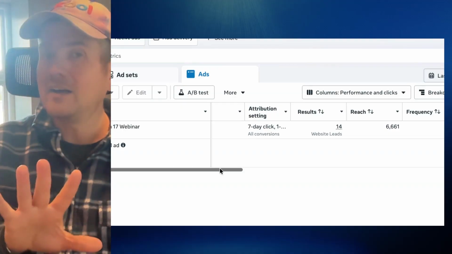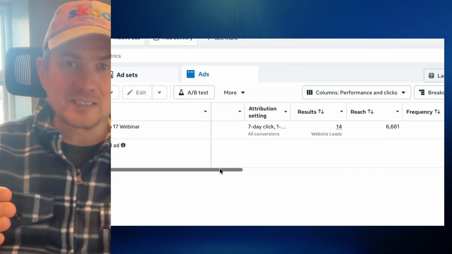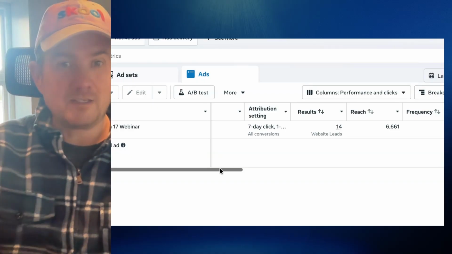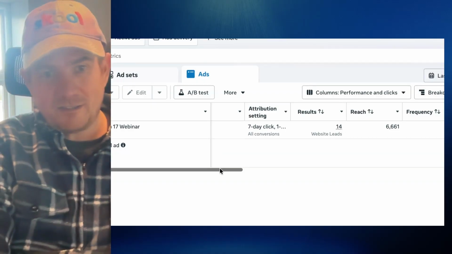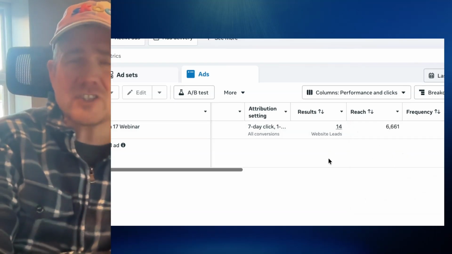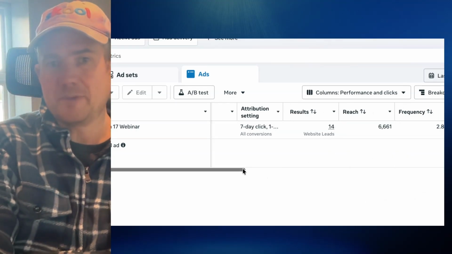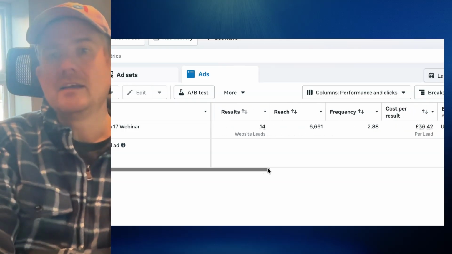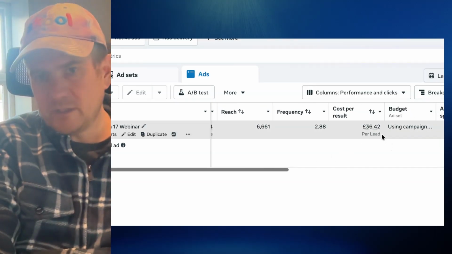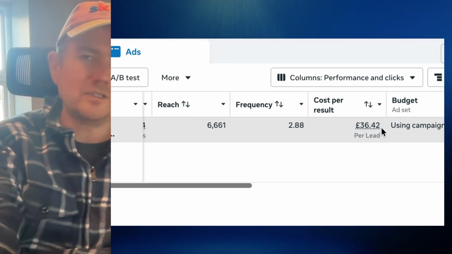Okay. And this is the reality with any ad platform, not just Meta. And I'll explain in another video why Meta outperforms LinkedIn when it comes to MSPs and B2B. That's for another video. But let's look at the evidence here. George actually got, it says here, 14 leads. He actually got 16. I'm not sure why it reported 14, but he got 16 people that registered for the webinar. He was paying $45 per lead. You can see that here. It's in UK pounds because it was an account that I set up and I'm based here in the UK.